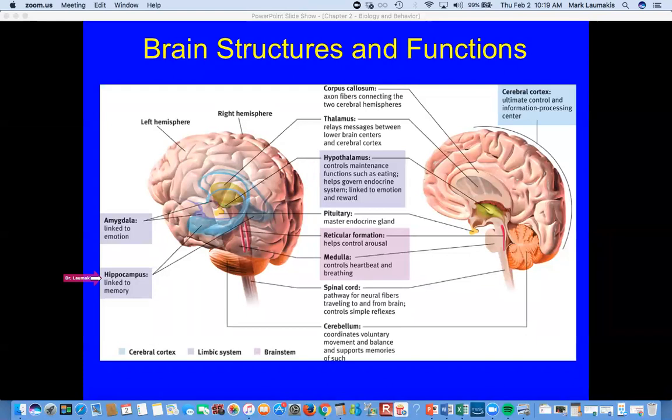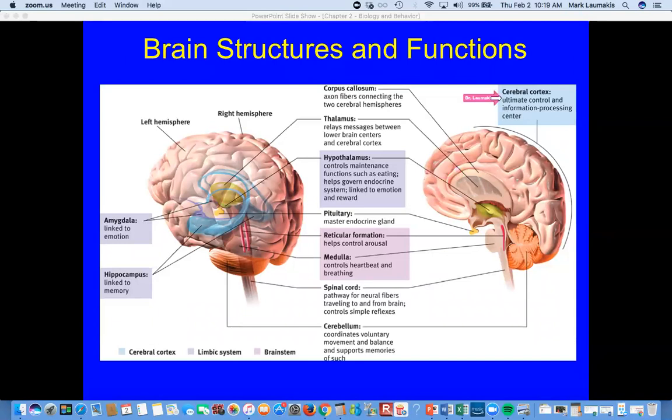So hypothalamus, amygdala, hippocampus. On Tuesday, we're going to talk more about this corpus callosum structure. We saw it a little bit in the MRI slide. It is the band of fibers that serves as a bridge between the two hemispheres. It lets you take information that might have landed in the right hemisphere and slide it over to share it with the left hemisphere. We're going to say more about that on Tuesday.